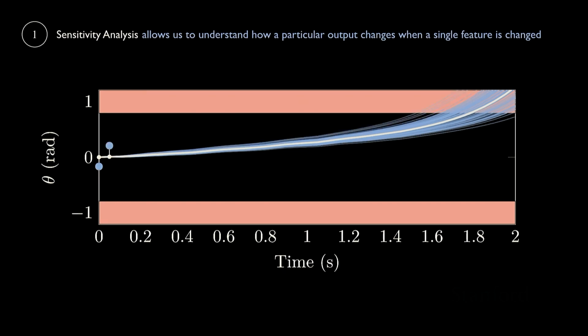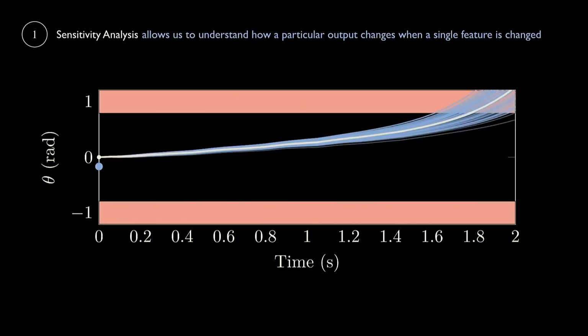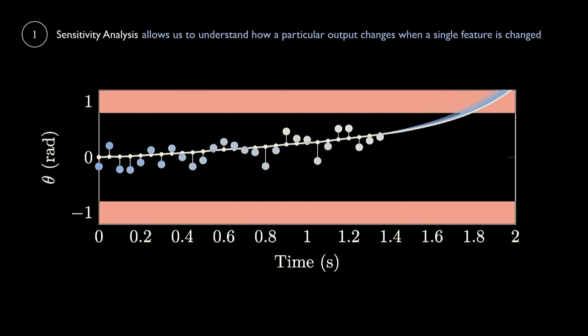We could do that again with the next disturbance, so we keep this disturbance constant and all the future ones constant, and look at the spread over trajectories. Then we can just repeat this for the rest of the trajectory, looking at the spread of the possible resulting trajectories when we change that disturbance. Maybe I'll just play that one more time. You'll notice that as we get towards the end of the trajectory, the spread decreases more and more. So we end up finding out that the robustness is less sensitive to the disturbances applied later in the trajectory than the ones applied here.